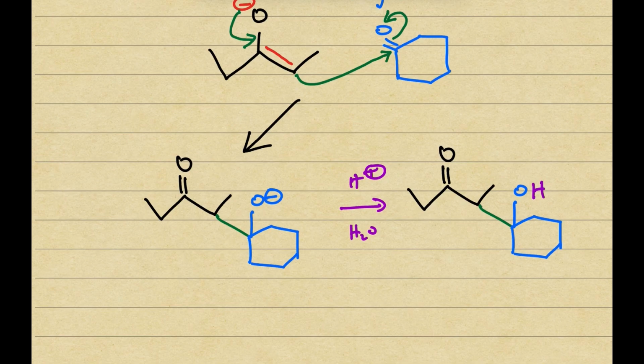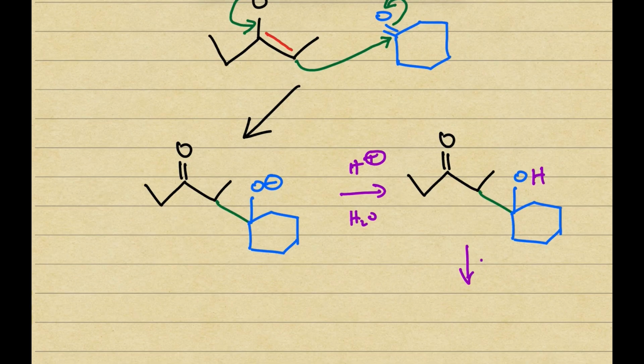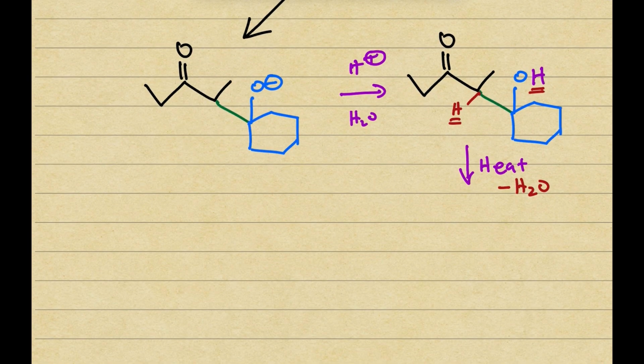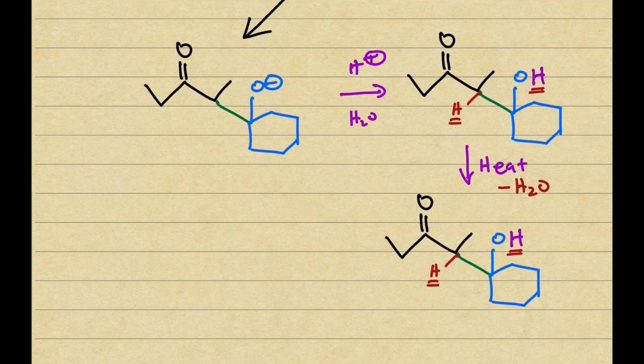Now that reaction can stop there, but if you have heat, then you end up losing a proton at that position. So you lose that hydrogen, with the OH at the same time, so you get elimination of water, and that results in an alkene formation. Now we lost that hydrogen, and we also lost the OH, but instead we end up with an alkene at that position,